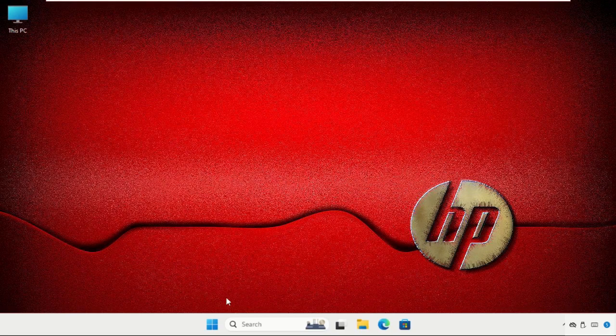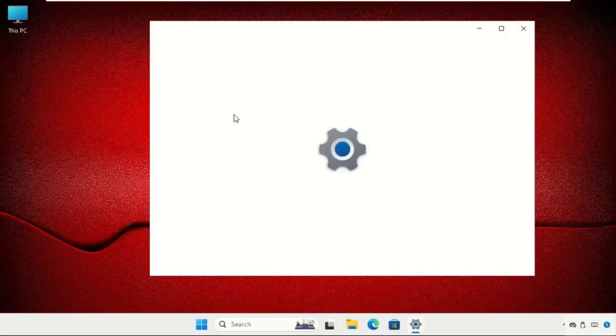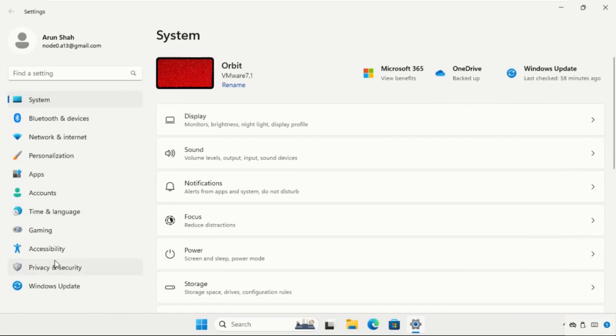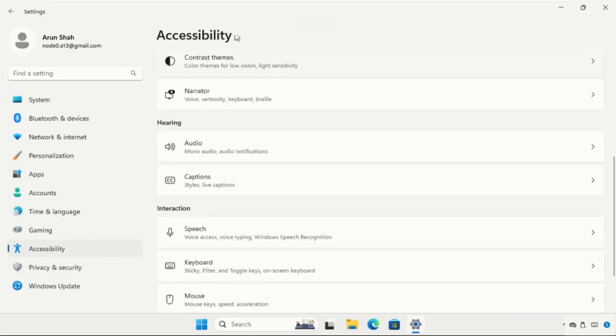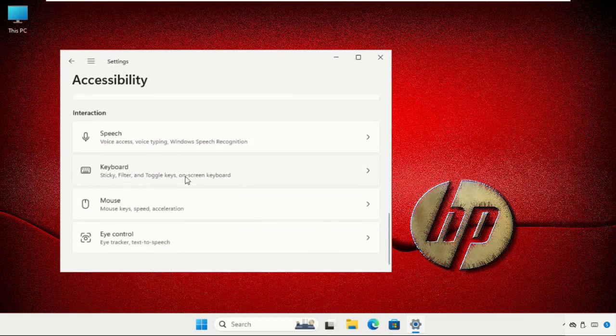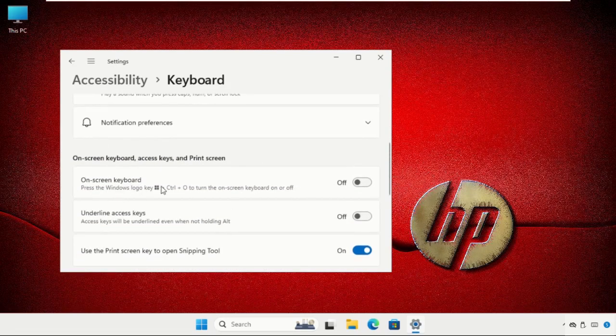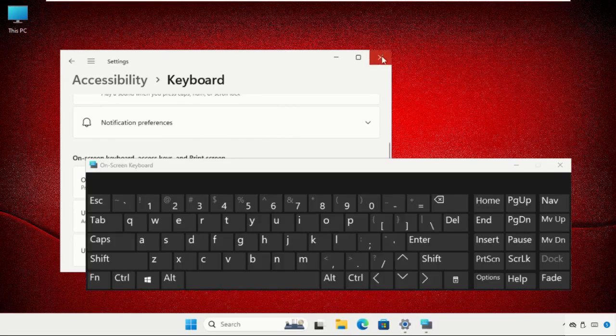Firstly, just right click on the start icon, then click on settings and select accessibility. Then once we are here, we need to click on keyboard. Just scroll down and select keyboard, then again scroll down and enable this option, on-screen keyboard. Once done,